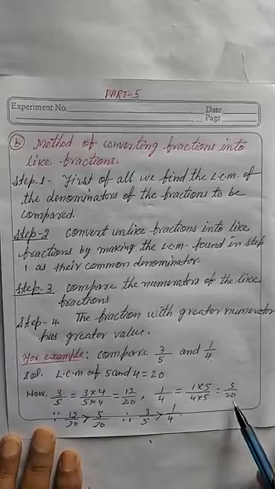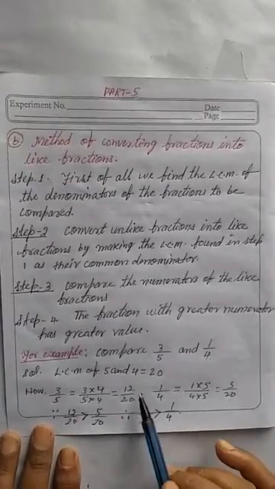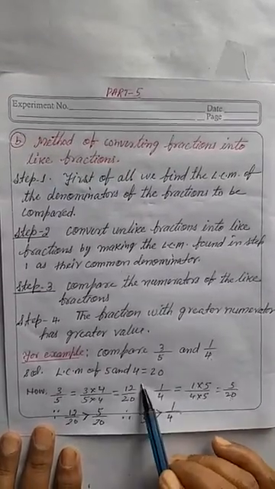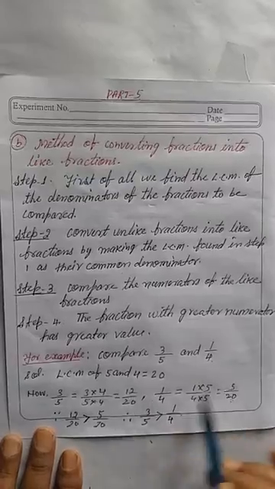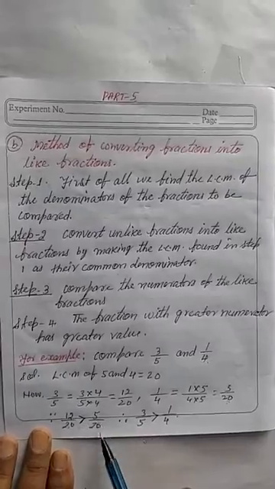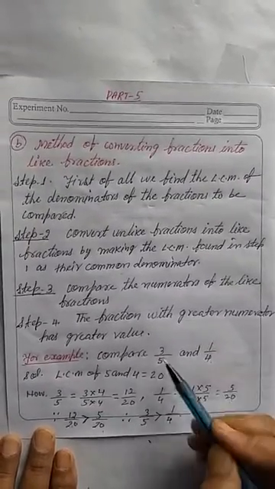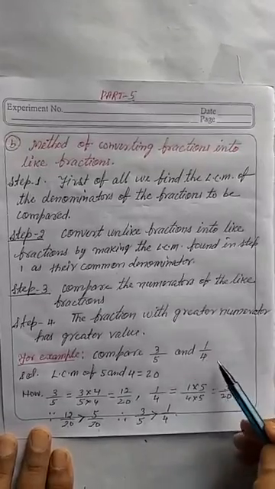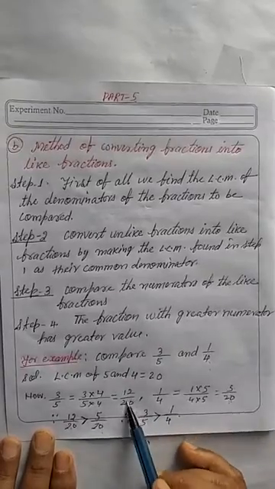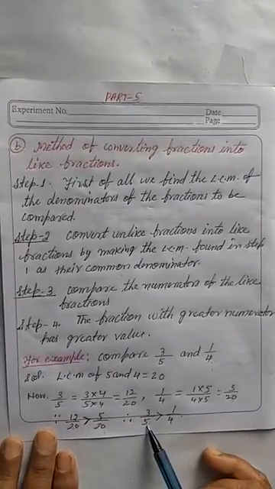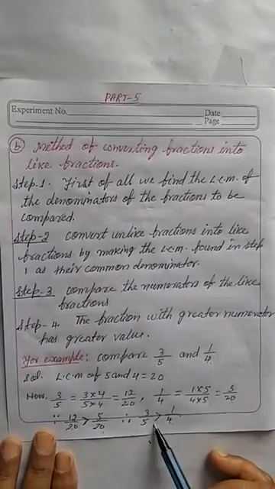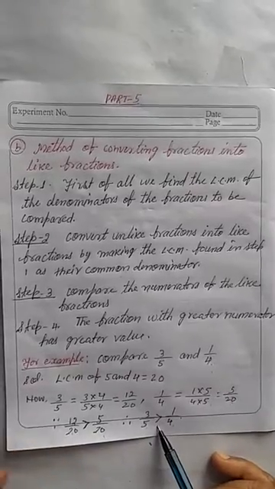Okay. After this, you have to write, now see here the numerators. The denominators become the same, 20 and 20. So the numerators are 12 and 5. In 12 and 5, which one is greater, student? Maybe your answer will be 12, sir. So you write here 12 is greater than 5, like this: 12 upon 20 is greater than 5 upon 20. But your main question is 3 by 5 and 1 by 4. 3 by 5 came from 12 upon 20, and 1 upon 4 came from 5 upon 20. In this way we have to compare. Okay, student, I hope you have understood my lecture.